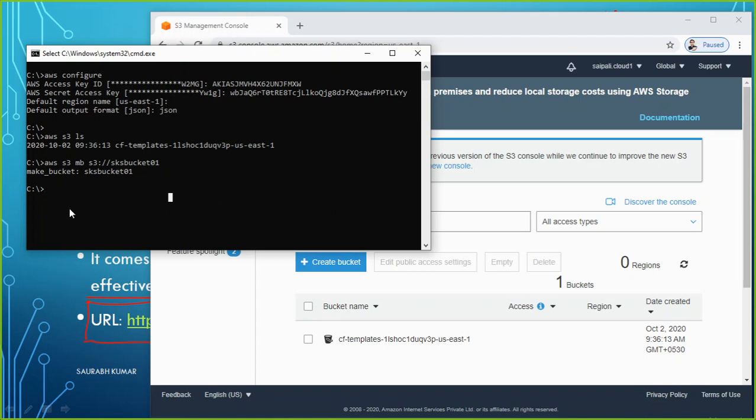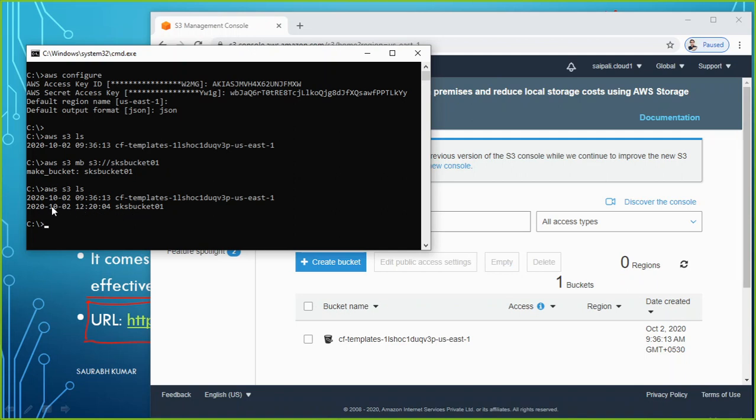Why not just check from the command prompt itself? So use the previous command aws s3 ls, hit enter, and let's see how many buckets this time it is going to show. So this is showing me that this time you have two buckets. One was CF template before, and now you also have one more bucket, SKS bucket 01, which has been created at this time on this date.